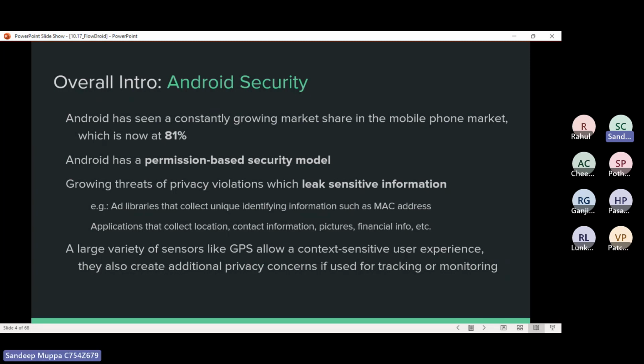This data is targeted by hackers to steal sensitive information such as location information, contact data, pictures, SMS messages, etc. But even applications that are not malicious and were carefully programmed may suffer from such leaks.